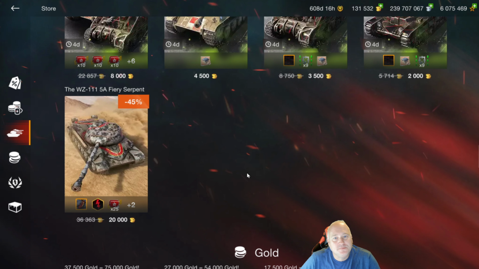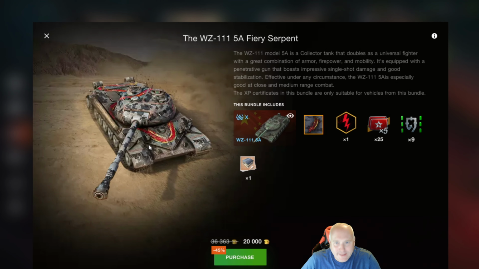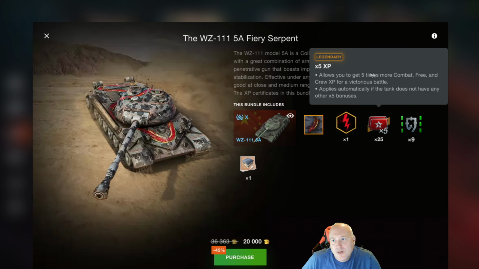And then finally, we've got the WZ-111, 20,000 gold. I can't say that this is a good deal. I'd rather see this at 15,000 gold. Yes, you're getting 25 5x boosters, so that's quite a bit. But let's see if it...